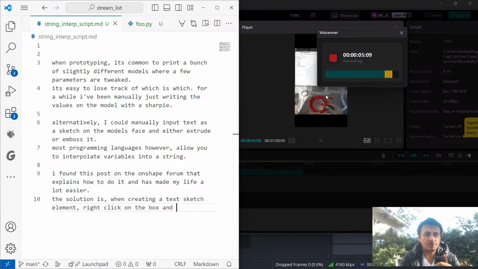When prototyping a model, it's common to print a bunch of slightly different models where a few parameters are tweaked. It's easy to lose